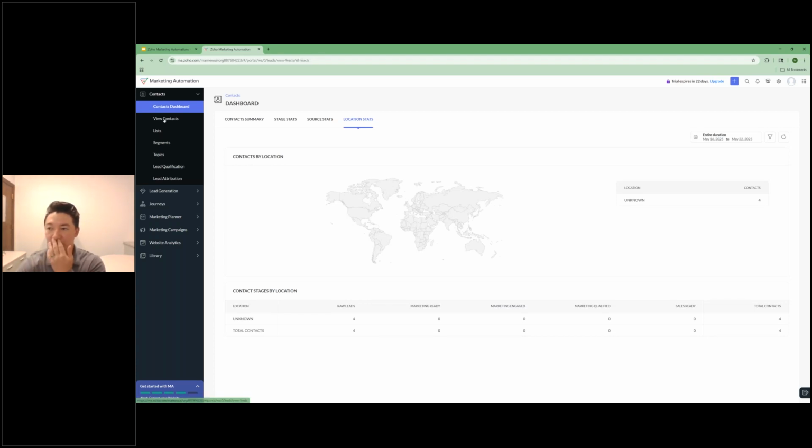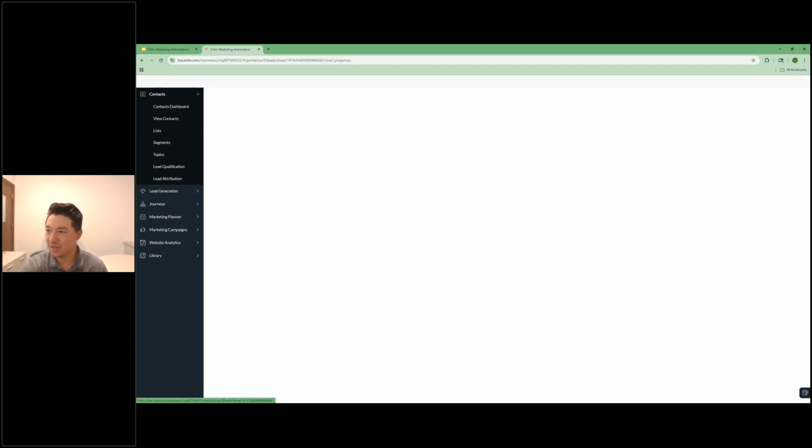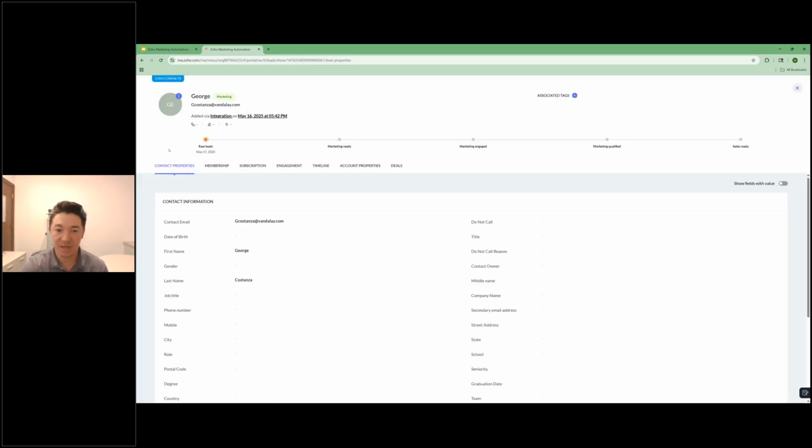Contacts. So this is where your actual contacts are going to be. Again, over here on the lead source, you can actually see whether it was an integration that brought these contacts in, or whether you manually input this one. So I manually created a new contact here and put Selena Meyer from Veep. All 3 of these other ones were integrated in from the test CRM that I have for this as well. Let's just click into George Costanza at Vandelay Industries. If any of you guys are Seinfeld fans,